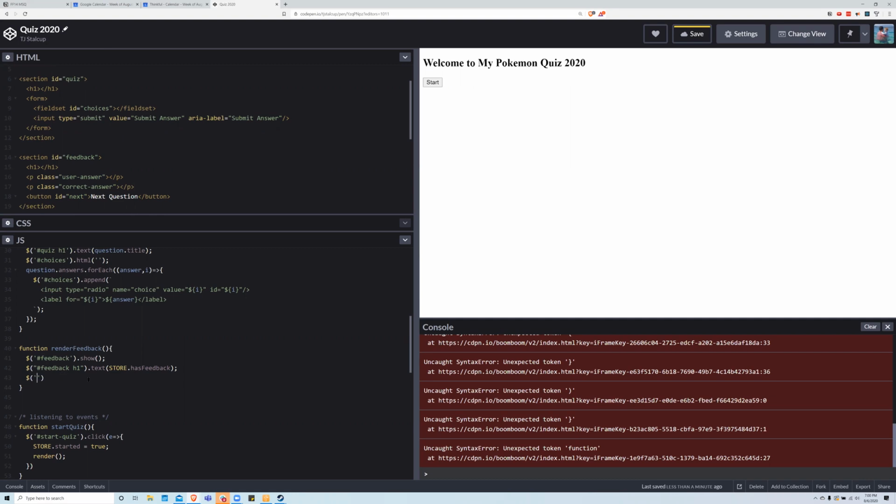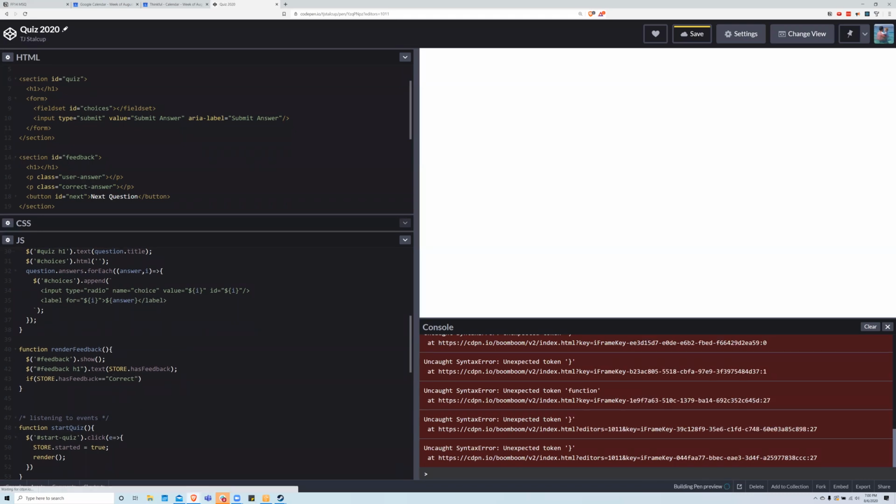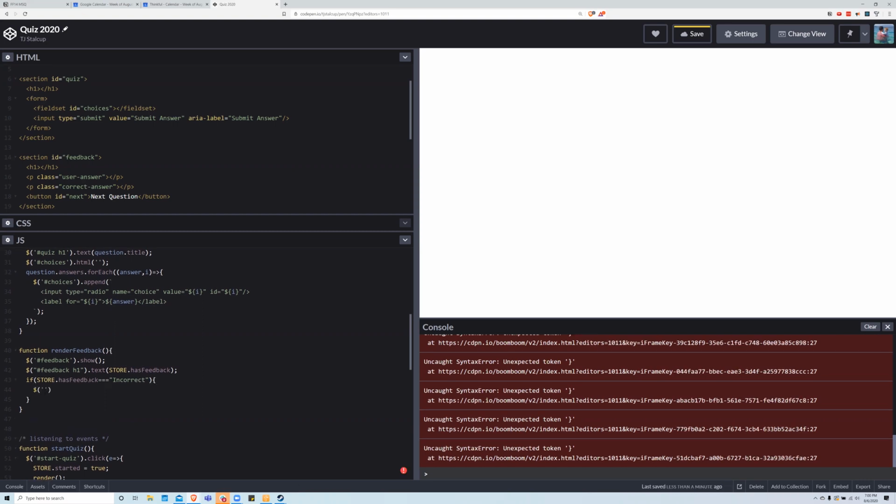So essentially we'll say if store.hasFeedback is equal to correct, triple equals. But we actually don't care if it's correct. Incorrect. So if it's incorrect, then we'll go ahead and say that user answer.text is